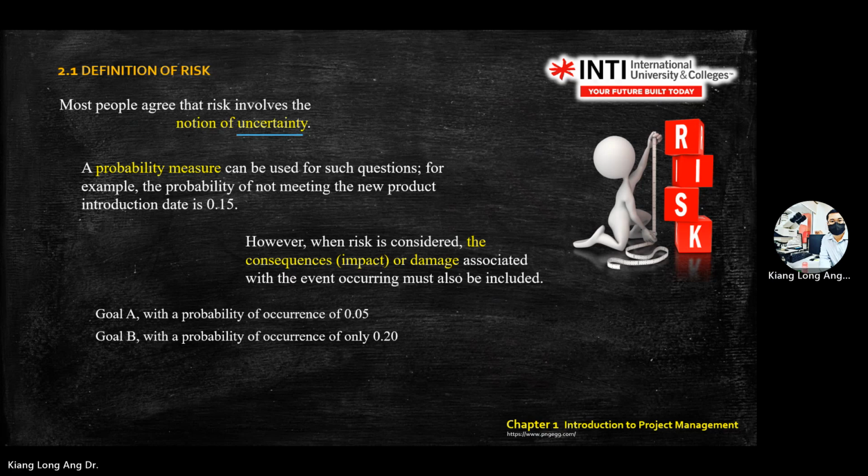B is 0.2, means 20%. One is 5%. So the probability of not meeting goal A is 0.05. Not meeting the customer requirement or cannot achieve the project is 20%. So of course, which one is more risky? B is more risky. However,